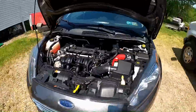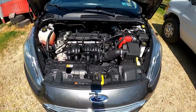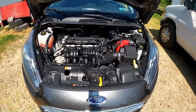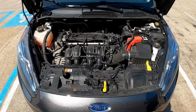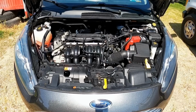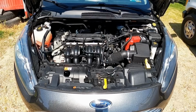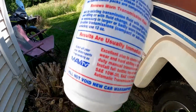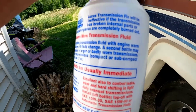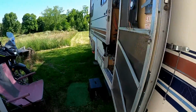All right, I gotta put this away and see if we can do a before and after shot. Is that about the angle I had it at the auto parts store when we first looked at it? Okay, let's try this. And one thing I noticed right on the back here too was